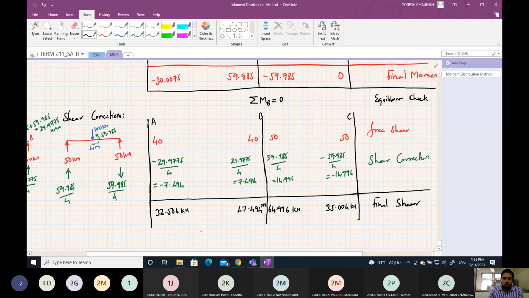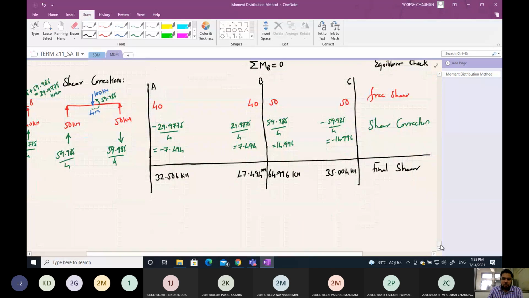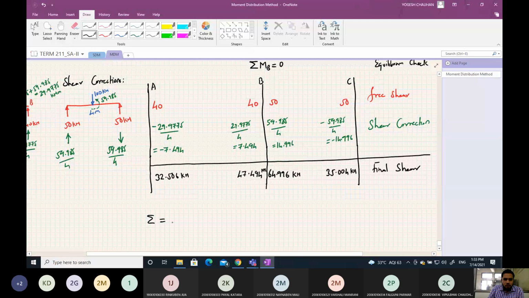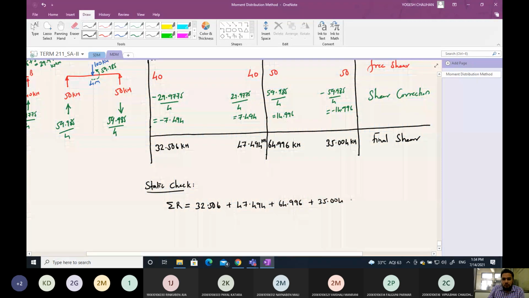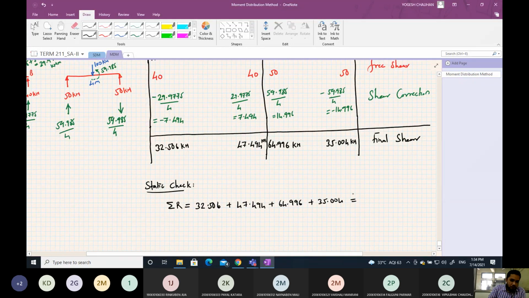Now you can take the summation of all these. This is our static check. If you want to check whether the reactions obtained are okay or not, you can do a static check, in which we add all the forces. So the summation of all the reactions will be equal to 32.506 plus 47.494 plus 64.996 plus 35.004, that is 180